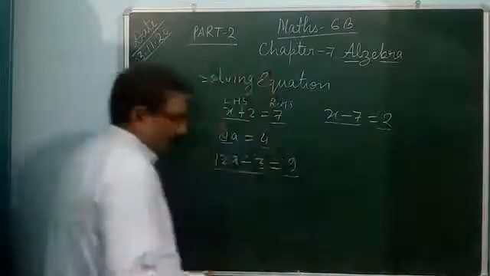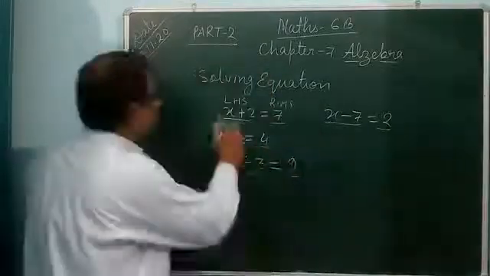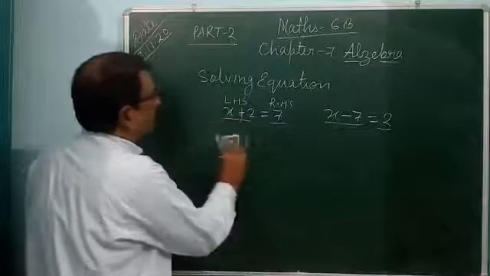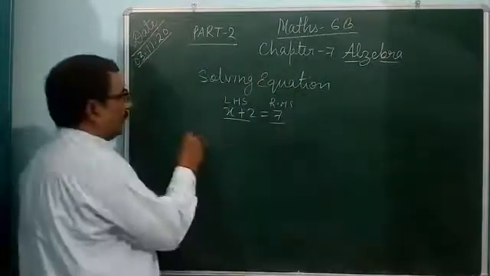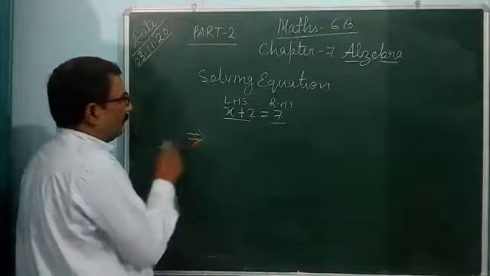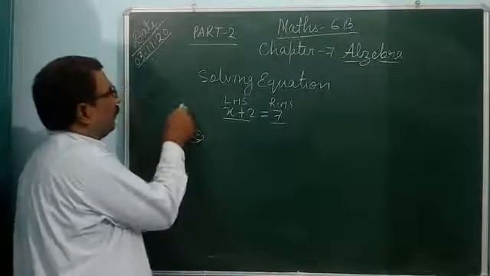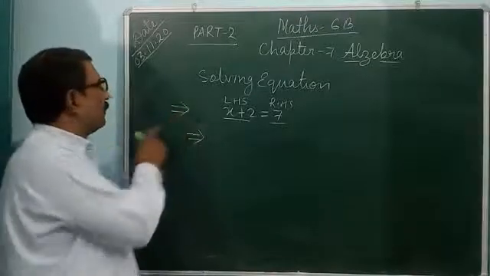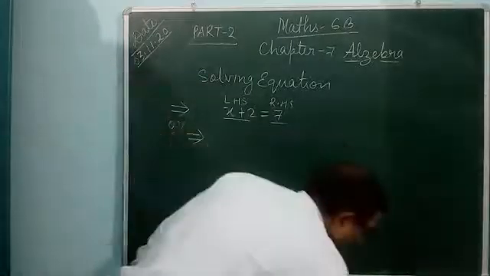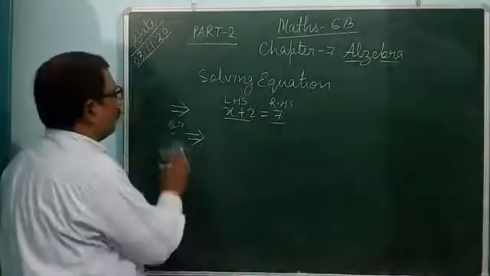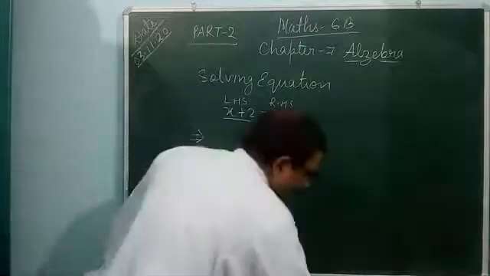But how can you solve this? Suppose this is the expression x plus 2 is equal to 7. How can you solve? You can see this implies that. As like that is equal to symbol, like that you can make an arrow. It means this implies that. You can say R also. So you can use this symbol if you want to.